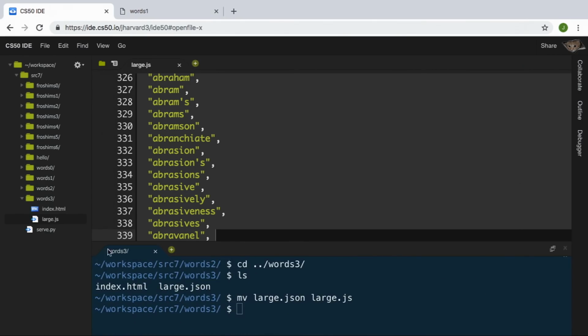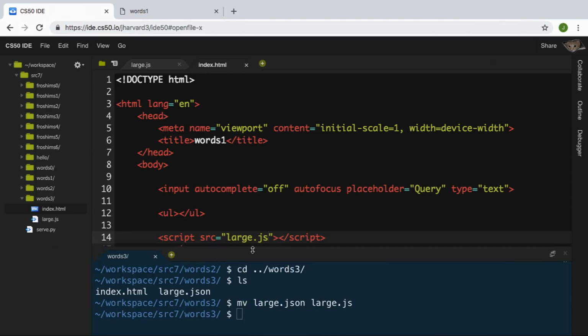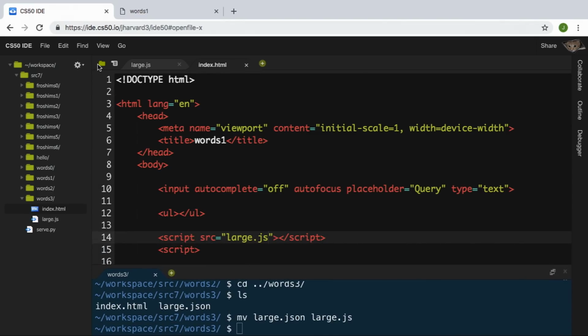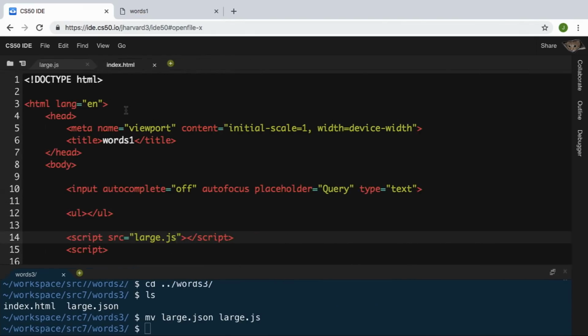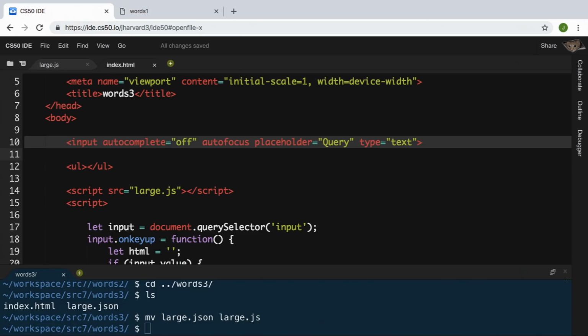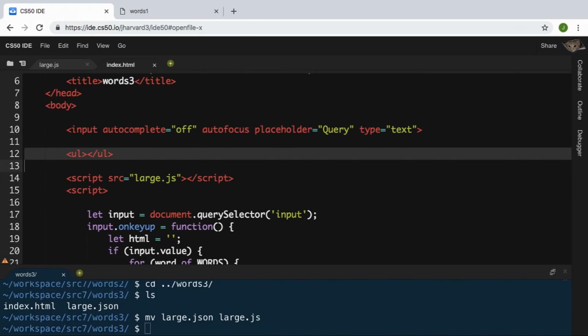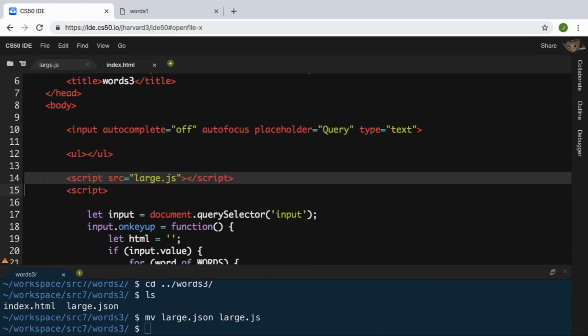Now, why is this useful? Well, if I go into index.html, notice that there is no more application.py or templates for this example whatsoever. We've gotten rid of Python entirely. I don't know if it's for the better or worse, but we'll now see. So in this file, notice we have an input tag as before, a placeholder for all of the ULs, but we're also now including this large.js file, thereby telling the browser, please download all 140,000 words and then search them